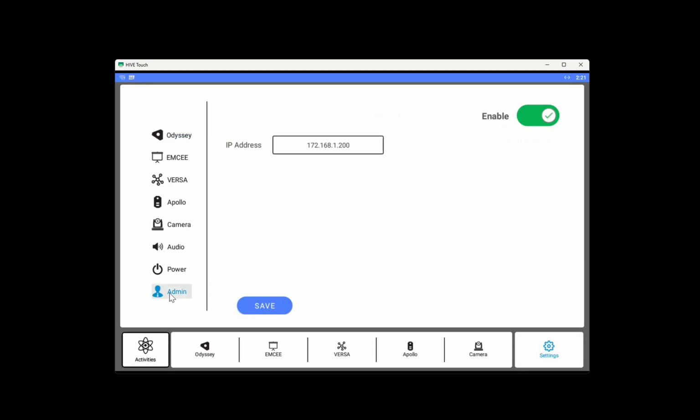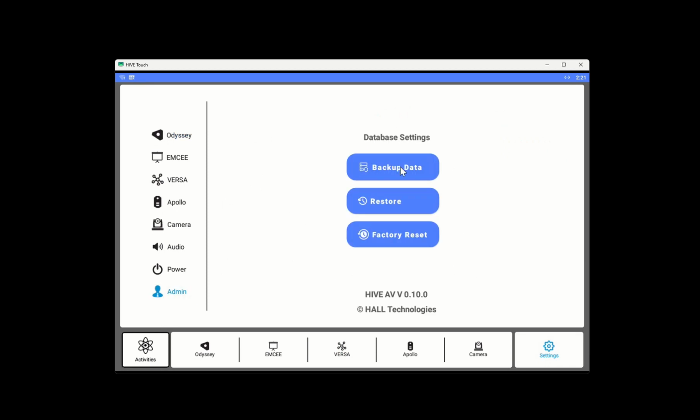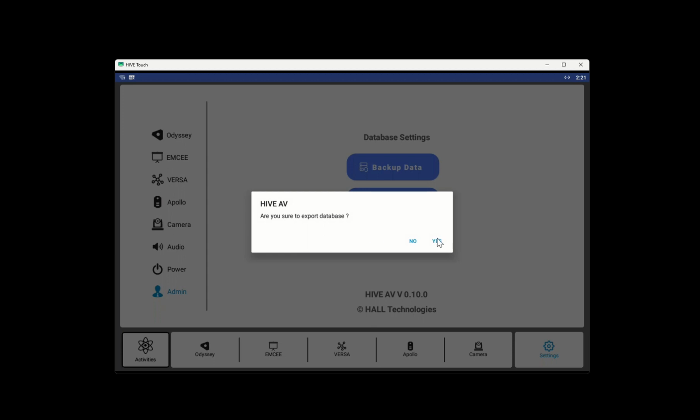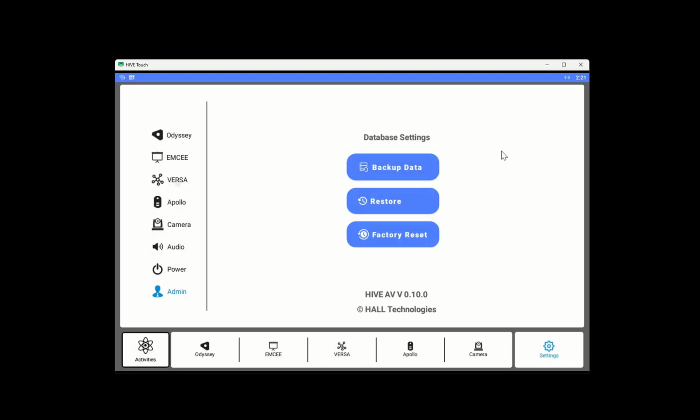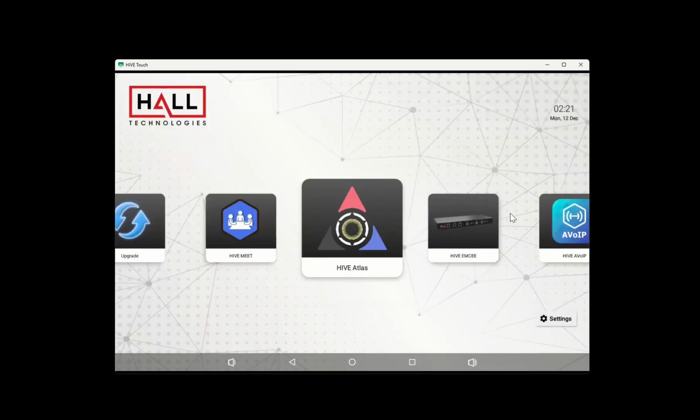I'm going to go over to the admin section, and I'm going to go ahead and back up my data. This way I could do a factory restore later, right? So just go ahead and I'm going to hit yes, and it successfully backed it up. And it'll back it up to the unit itself. I could put a USB drive in and back it up to that if I wanted to transfer it to, say, another panel altogether. So now that we have this off of here, I'm going to uninstall it completely, and I'll